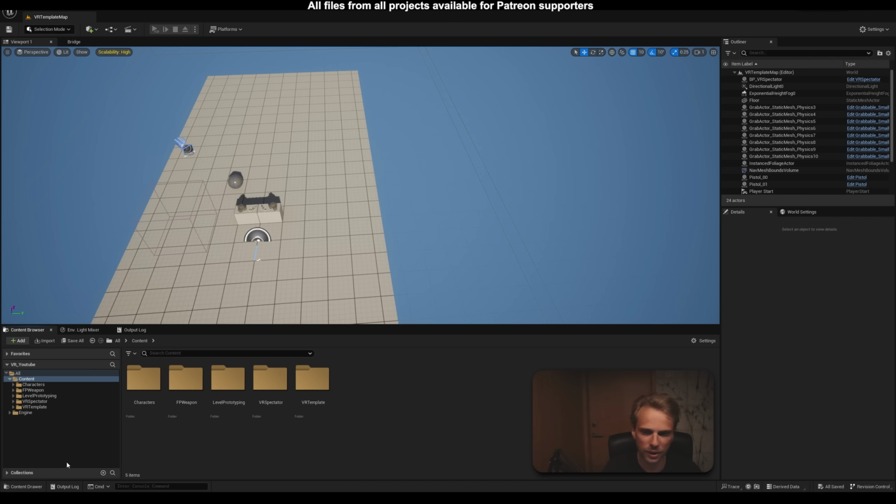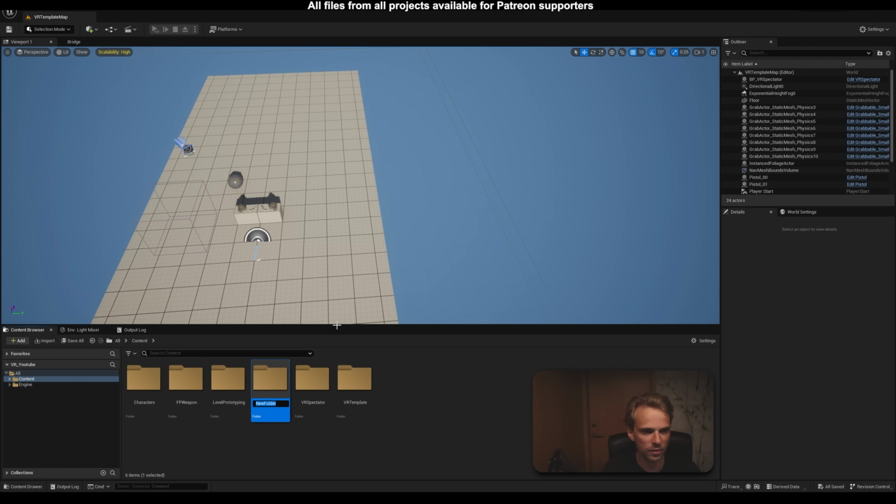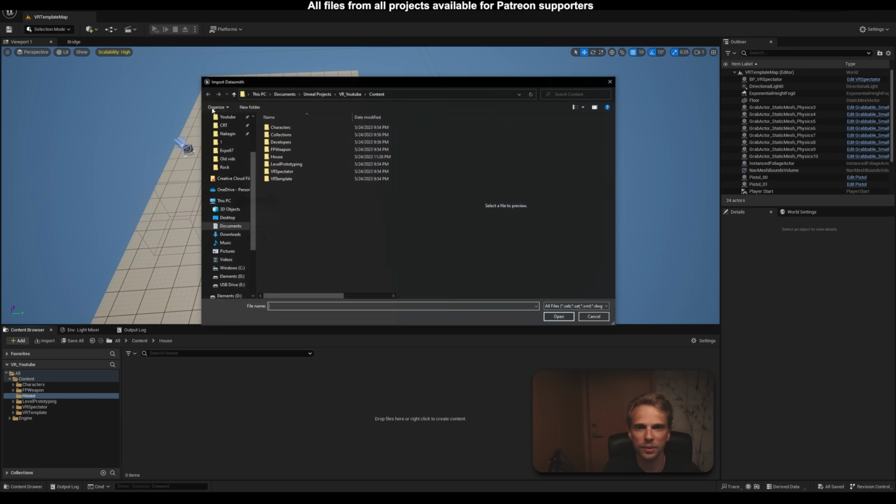Actually, sorry, before I do that, I will create a new folder in the content folder. Just call it new folder, call it house. There we go. Double click there. And now under the quick add button, Datasmith file import, I will navigate to one of my buildings that I use